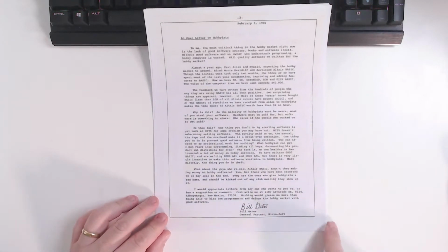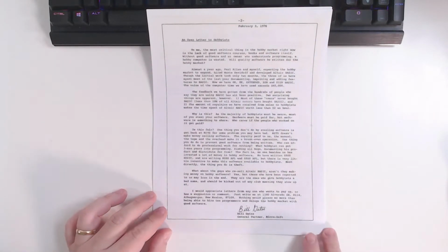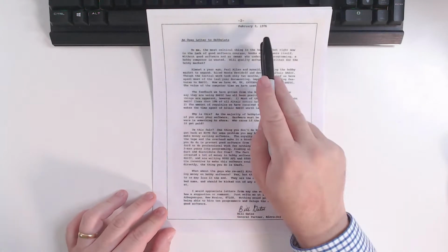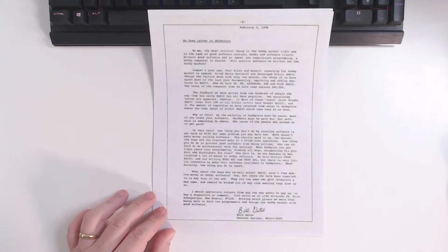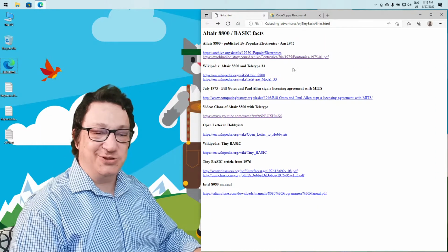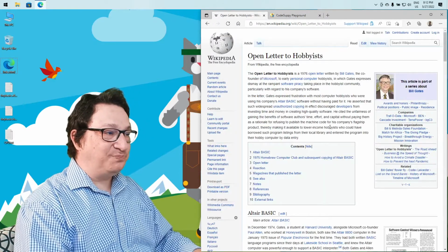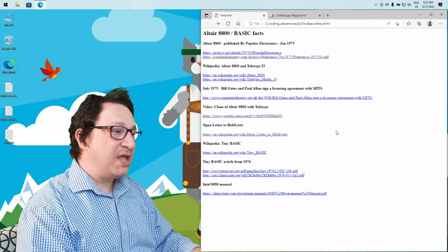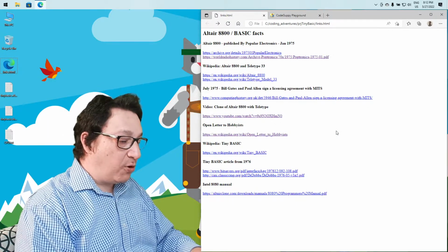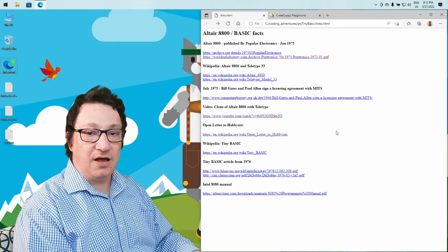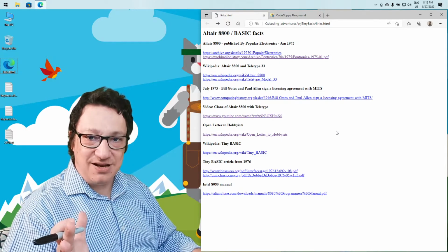It's a very interesting read, also from the historical point of view. Let's remember this was written February 3rd, 1976. Anyway, people back in the day didn't used to pay for the software, so you can also read about it on Wikipedia. People didn't like to pay for the software, which prompted a few more entrepreneur guys to write another BASIC language